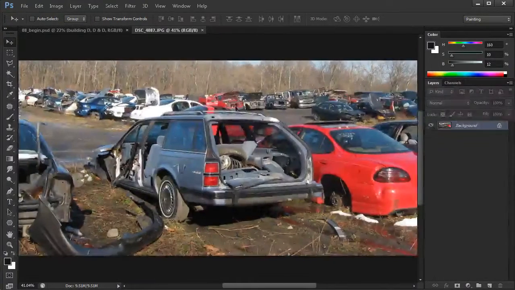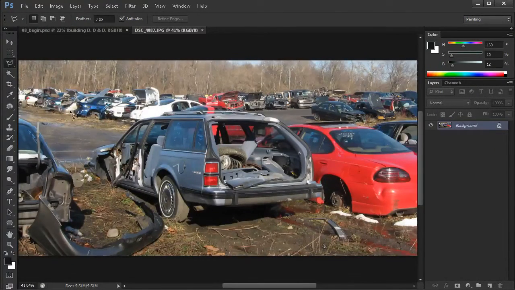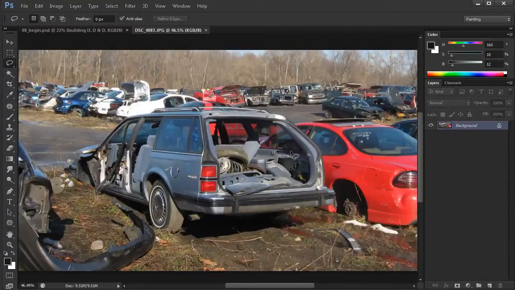So we're going to take this station wagon right here. Let me just go ahead and grab my lasso tool. I'm not going to grab my polygonal lasso tool, but hold down the Shift key and hit L if you're still on that, and you can cycle through all the tools underneath it until you get to your normal lasso tool. And we're just going to lasso up this station wagon here. Doesn't need to be perfect,